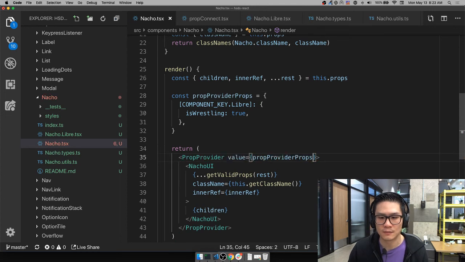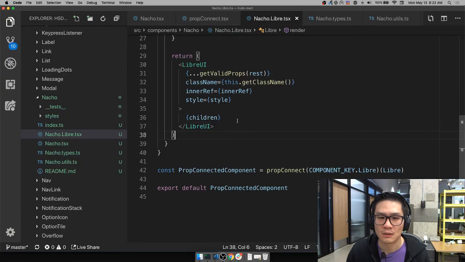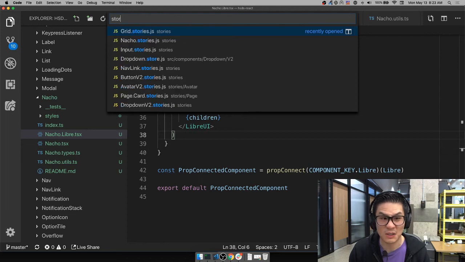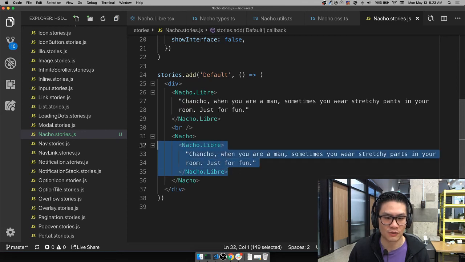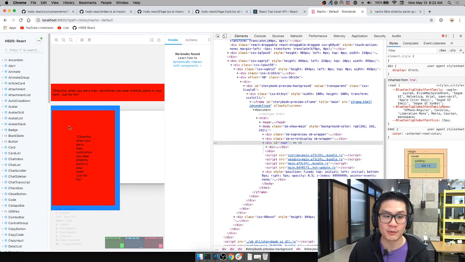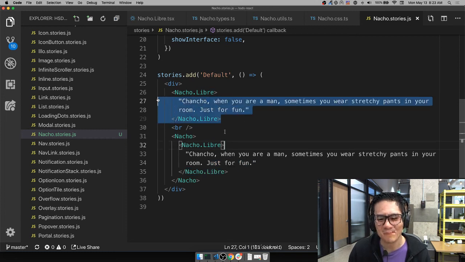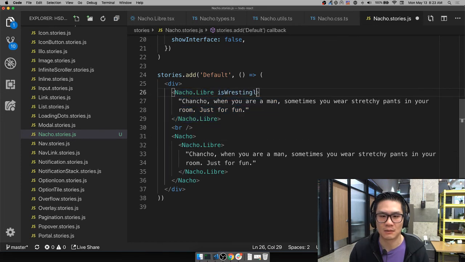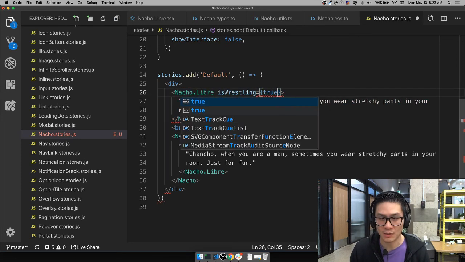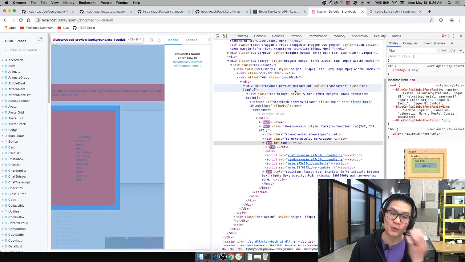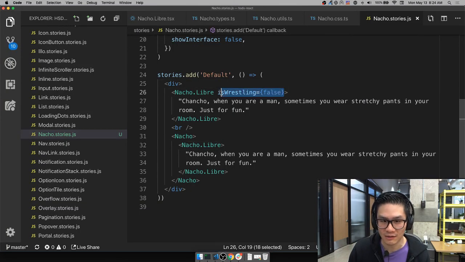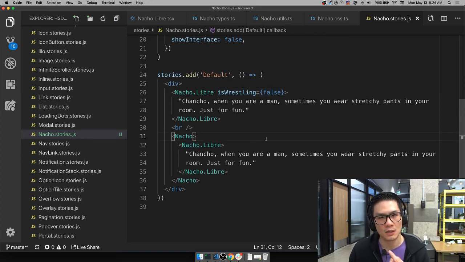And now by magic, if you were to use, where is it? Stories, Nacho. So if you were to use a Nacho Libre component inside of a Nacho component, it'll be wrestling by default. If you were to use it outside, it works just fine. So here you can say is wrestling is true, and you can manually do it, or you can do it as wrestling is false. But the cool thing is that, like I mentioned, is wrestling specified by the parent Nacho component should be true if a child